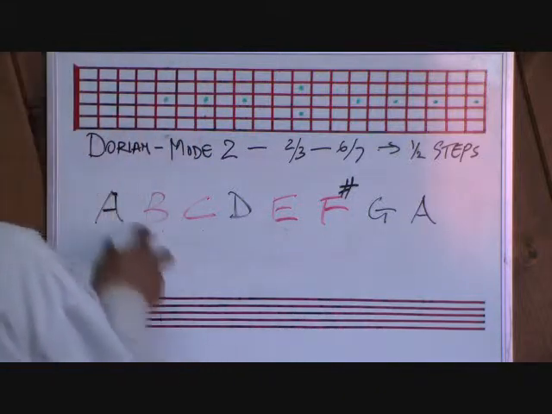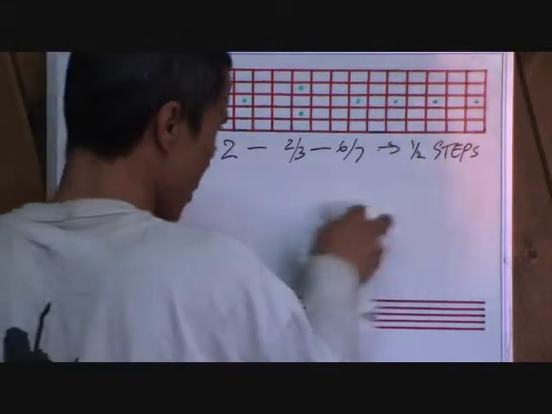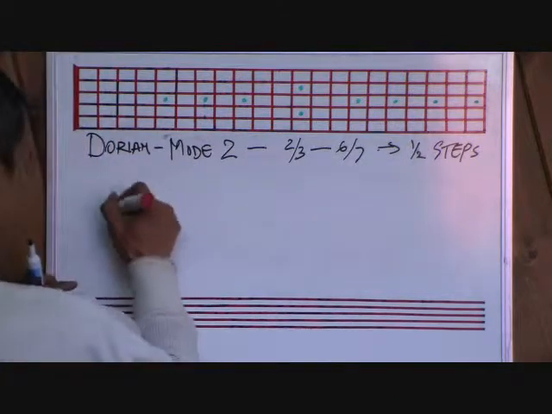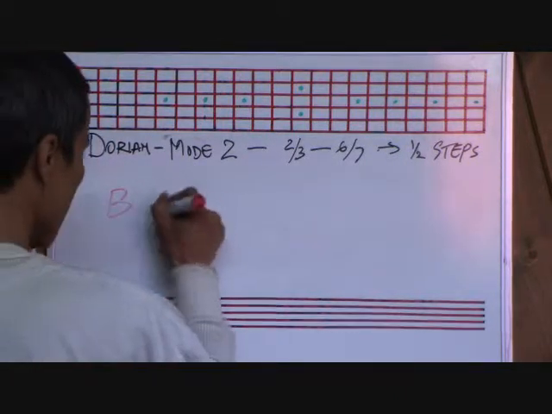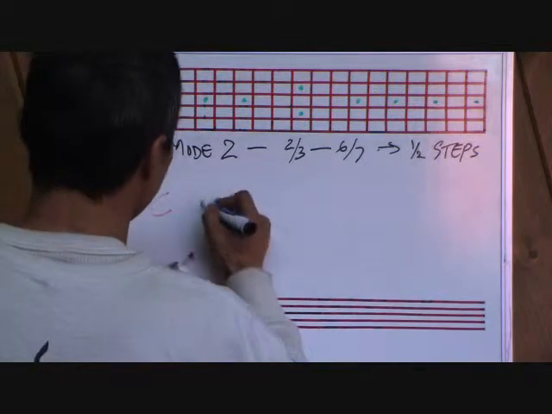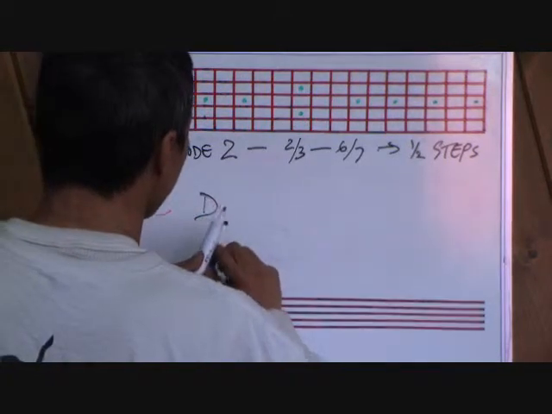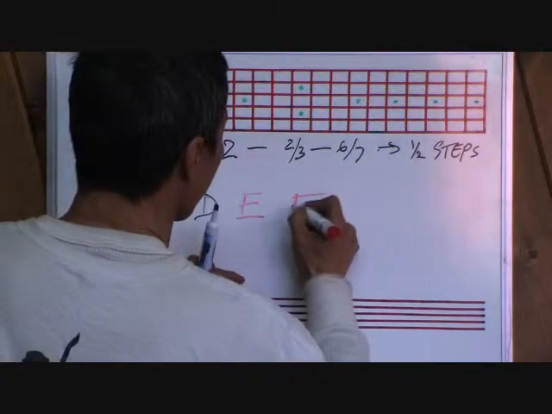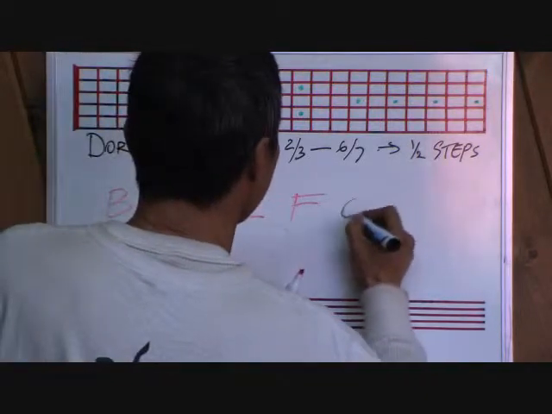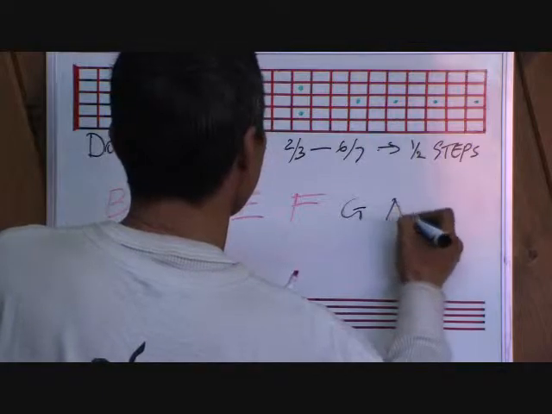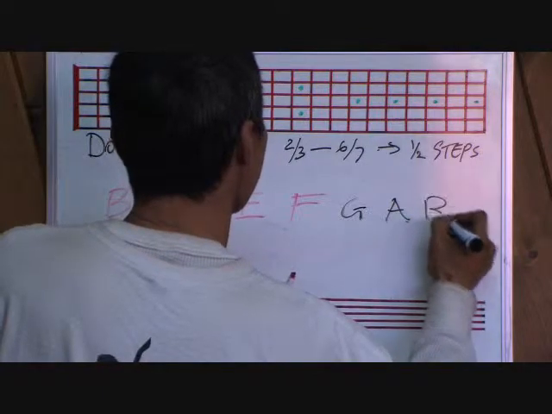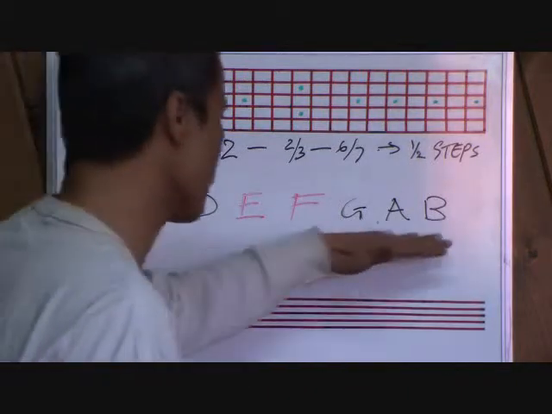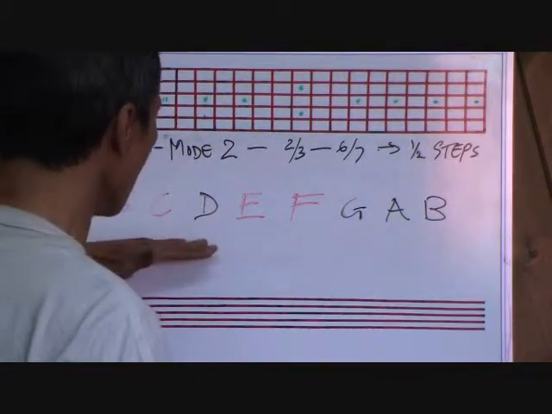Let's move to the B Dorian. Before, write down B as the first, C, D, E, F, G, A, B. You need to use accidentals to balance the stick. The B